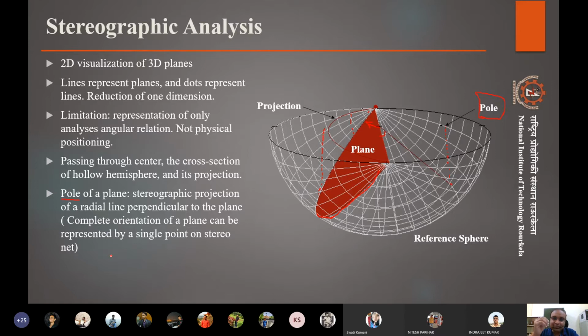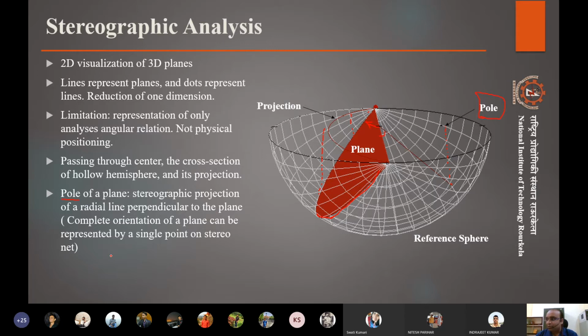What structural geologists do is map each and every joint there. What is its orientation? What is its strike direction? What is its true dip? And all the other parameters as well. To keep a log of that, and to see the relative positions and how they are oriented in that region, they plot these stereographic nets.